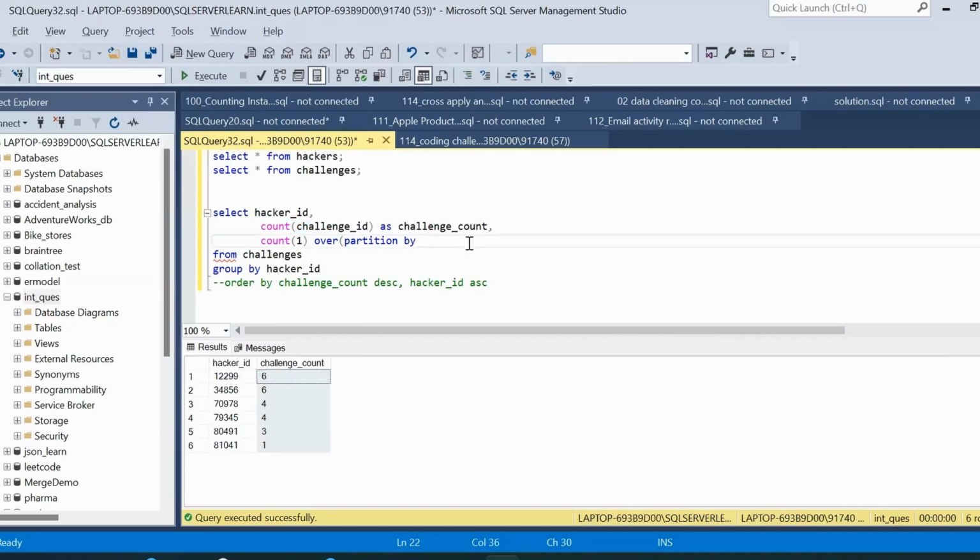Copy this, paste it here, close this, and we'll give a name as new window or new flag. New flag, the column name is new flag. Now if I run this query, we will get a new column called new_flag, where it is counting the number of challenges. So corresponding to 6, the challenge count is appearing 2 times, and corresponding to 4, the challenge count is appearing 2 times. Corresponding to 3, it is appearing only 1 time, and corresponding to challenge count 1, it is appearing